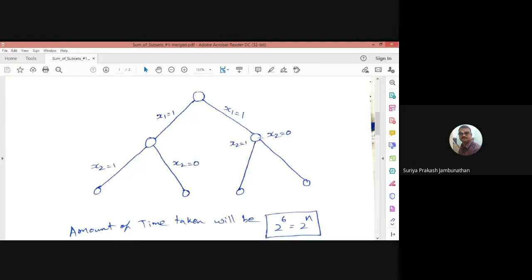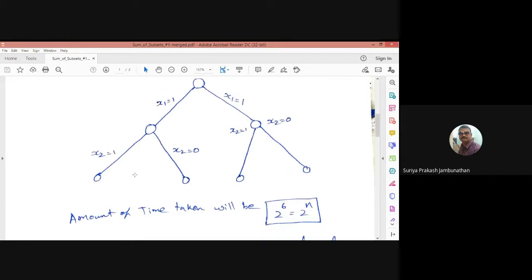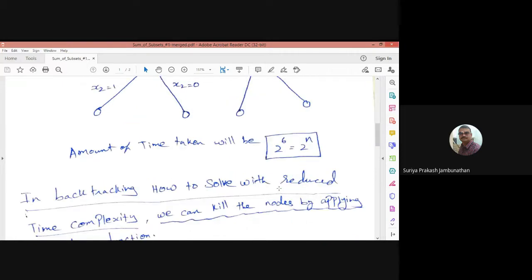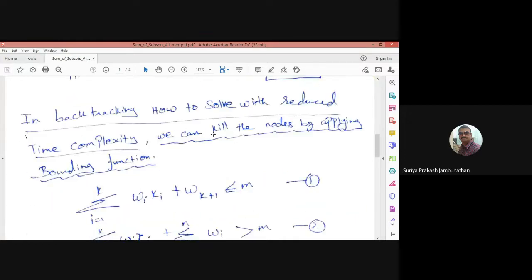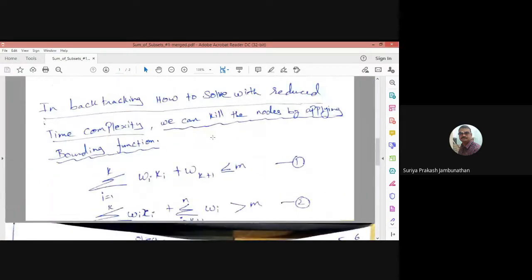So what we are doing for reducing the time complexity, we are using the backtracking method. While you are going for the backtracking method, the nodes can be omitted. Whatever nodes are not needed can be omitted, so that our time complexity will be reduced. For that reason only, we are moving to the sum of subset problem. Okay, so this is for the understanding purpose. So we are moving to backtracking, so our time complexity will be reduced and we can kill the particular node.